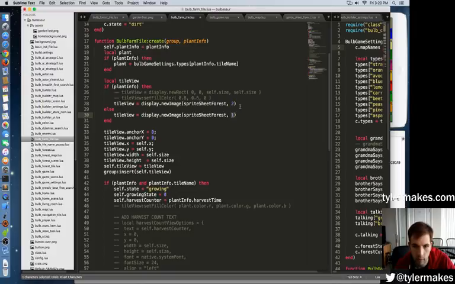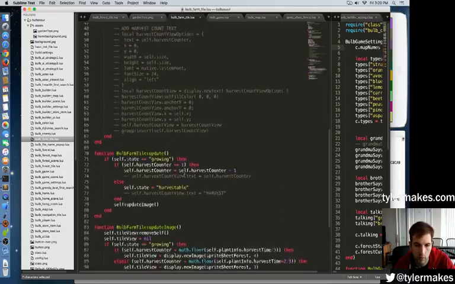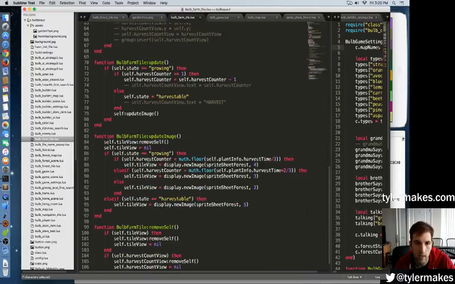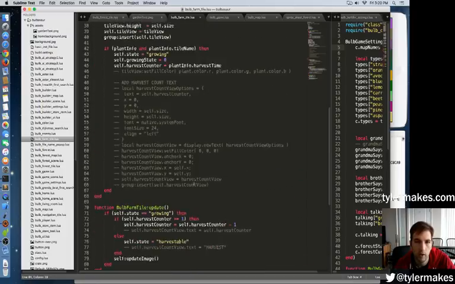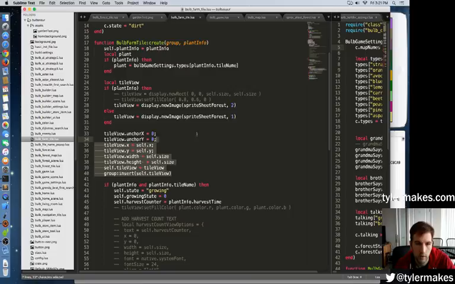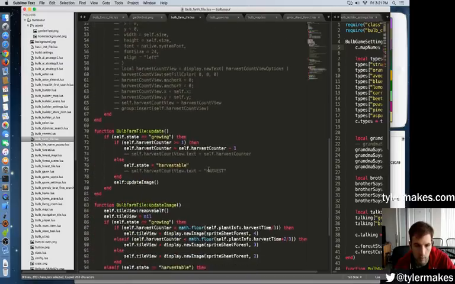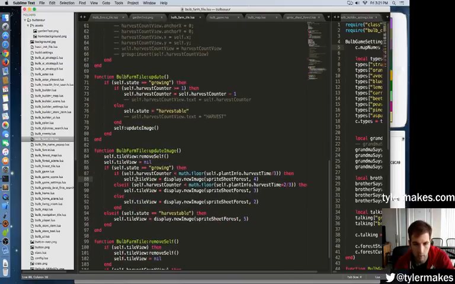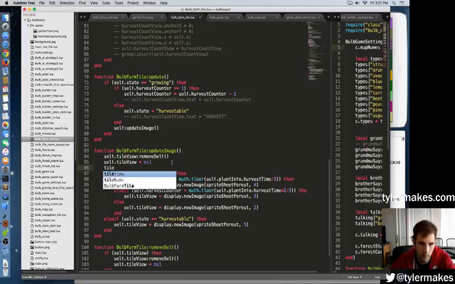Okay, so that's 1. This is 2. Remove self, self nil. Oh, okay. Yes, here we go. We need to do all these things. So let's take this. And actually, we're going to go here. This is going to kill self.tileView. Actually, so what we're just going to do is go tileView,